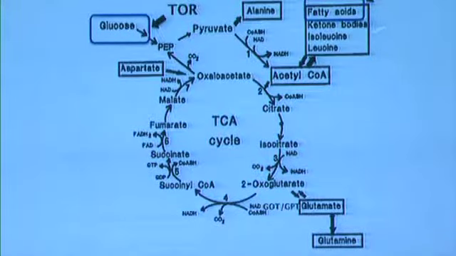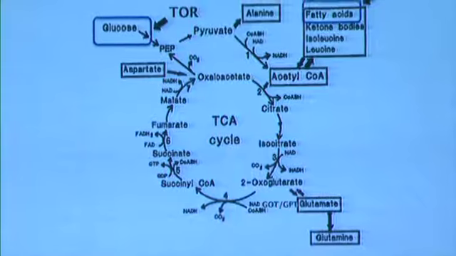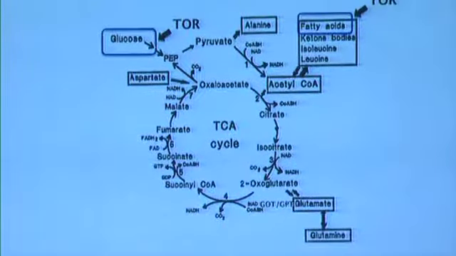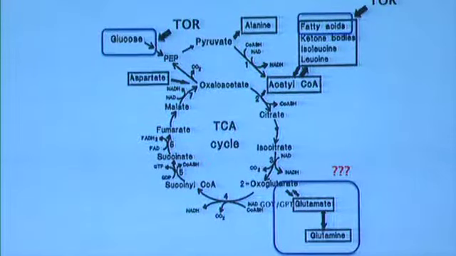We also know from work from David's lab and Brendan Manning's lab that TOR can regulate fatty acid biosynthesis and sterol synthesis. And so the question that we wanted to ask is, is TOR regulating this step? Does TOR regulate the metabolism of glutamine, glutamate, alpha-ketoglutarate to replenish the TCA cycle to drive the production of these building blocks and also to drive production of ATP through oxidative phosphorylation?